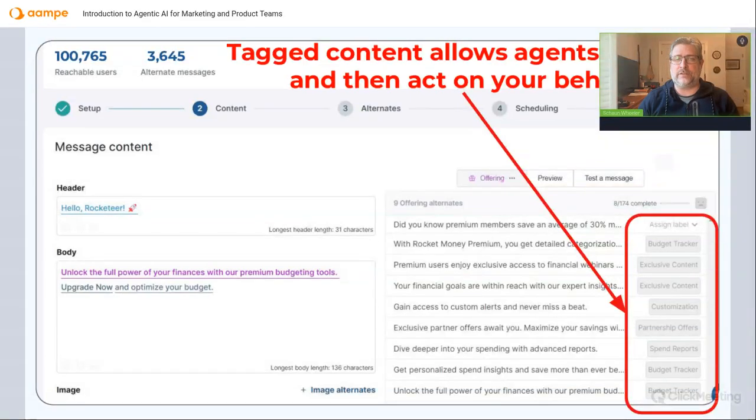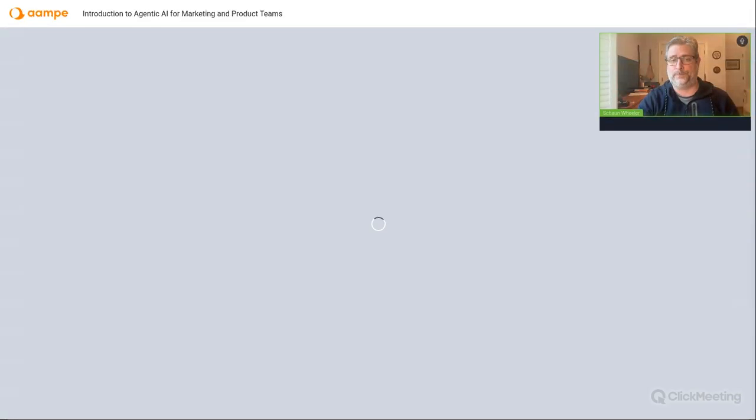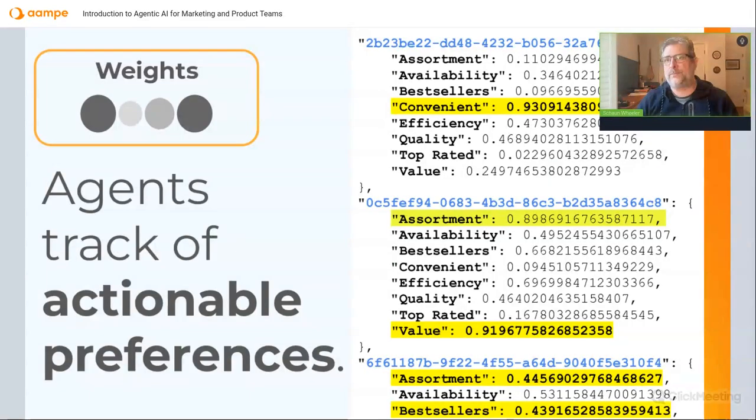That gives agents the ability to know your strategic priorities. They use those tags as a proxy for your business priorities and navigate them and find out which tags each user responds to well. They do this by committing to memory a weight for each tag. If you send out a message to a user about shoes that are high quality, and a user responds well